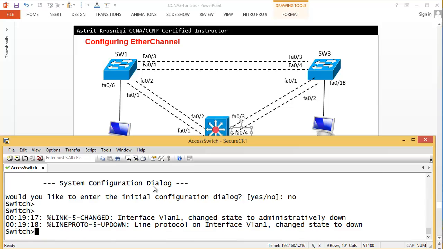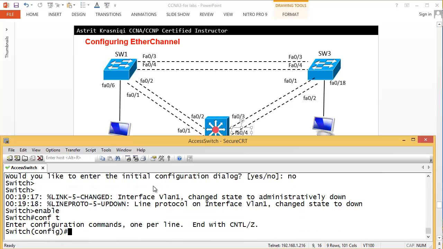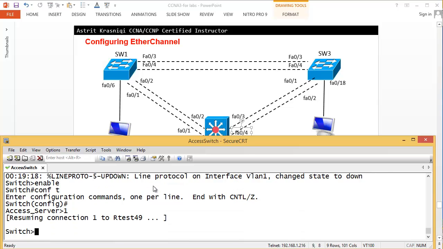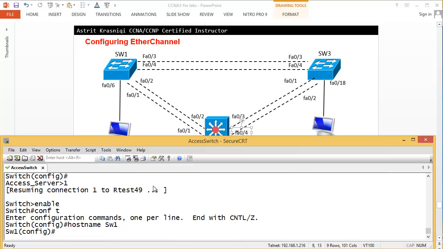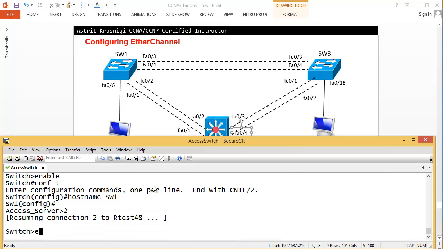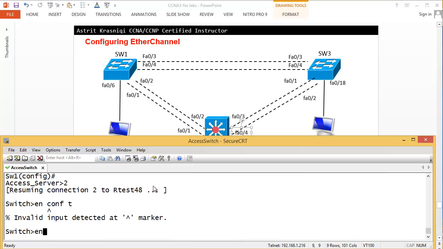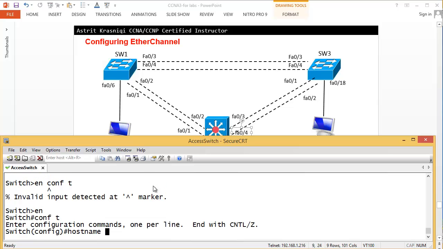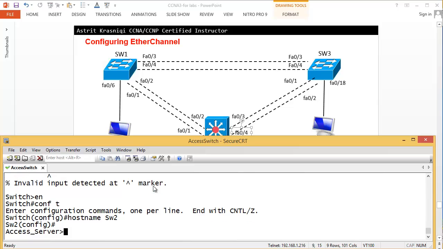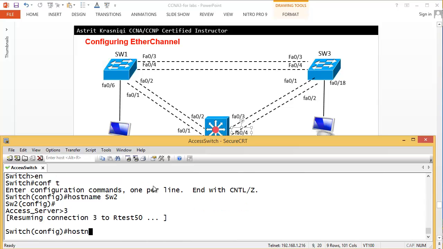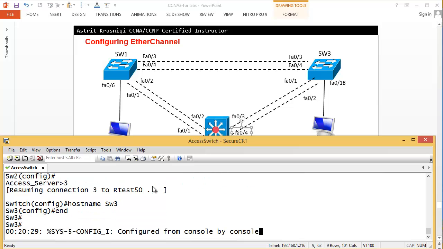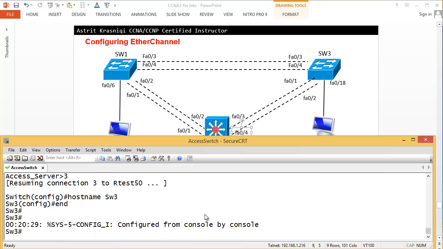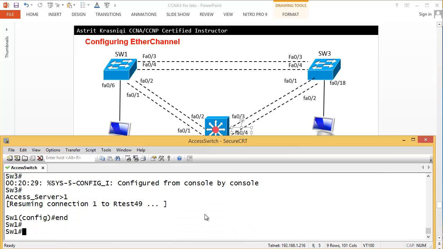Okay, now I'm going to change the name. So enable, config t, and let me just go back to switch 1 first. Enable, config t, hostname SW1, and then go to switch 2. Enable, config t, hostname SW2, and I will go to switch 3, hostname SW3. Okay, so to see that they are cabled correctly, if I go to switch 1 and do show cdp neighbor,